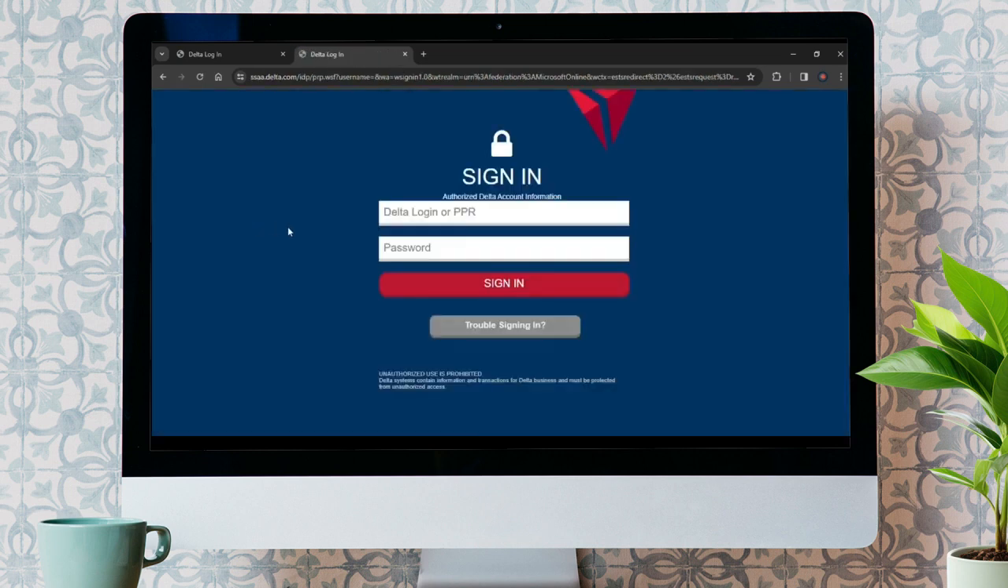Now, after clicking on the first result, you will be taken to a new interface. And as you can see, you need to put your Delta login or PPR and password in order to sign into your employee account. So just put in your correct Delta PPR or login and correct password and hit on